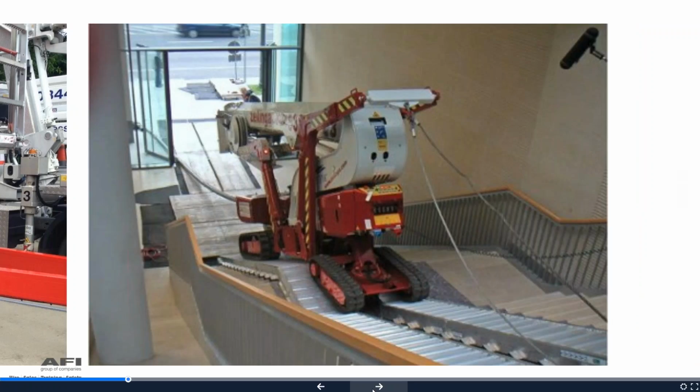You can see the winch ropes holding onto it to prevent it from going back down the stairs. You can see the trackway and the matting that's been laid down. So just remember, if you're going to be considering putting this in that position, just think of the situation there